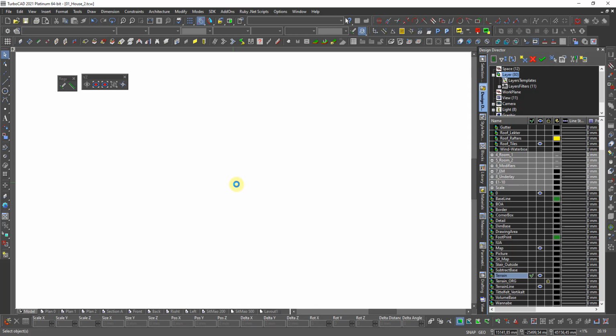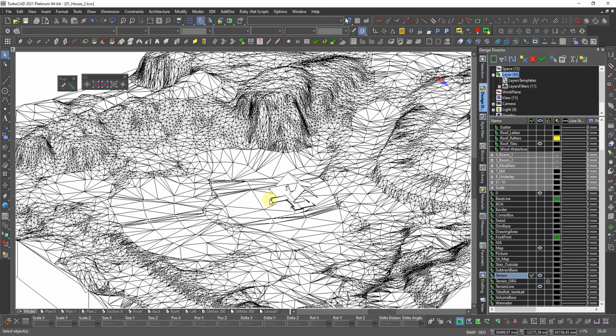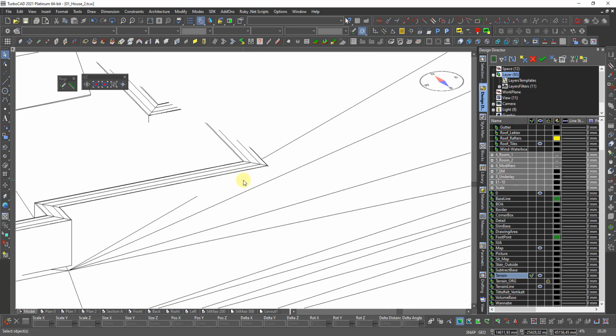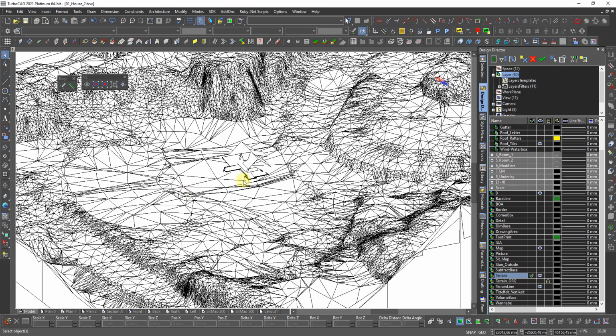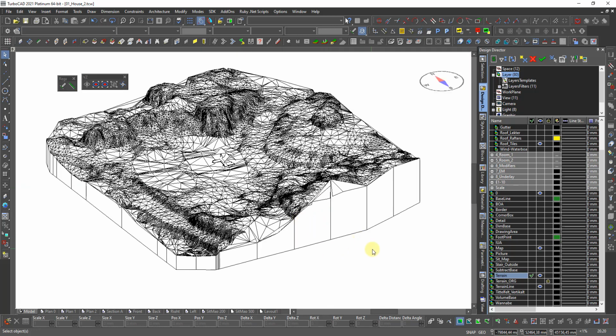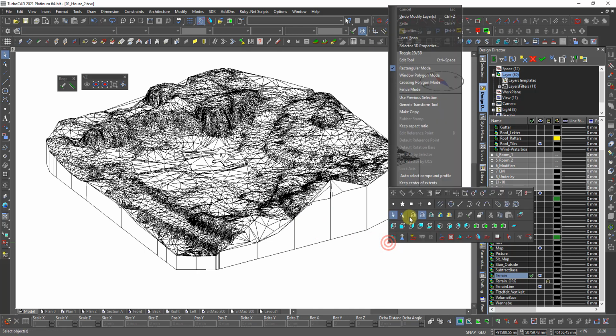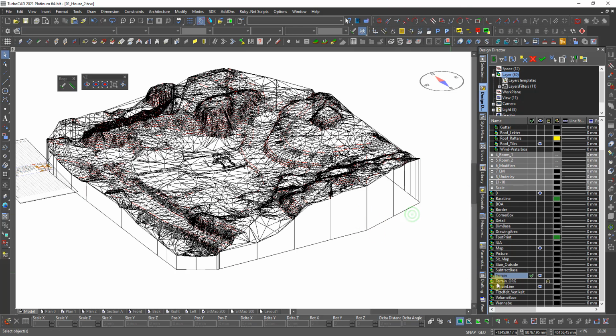I think this goes very slow, so maybe I should use this. Visualize. Yes, I was pretty happy with how it looked. I want to check out one more thing with this wireframe, and I have this